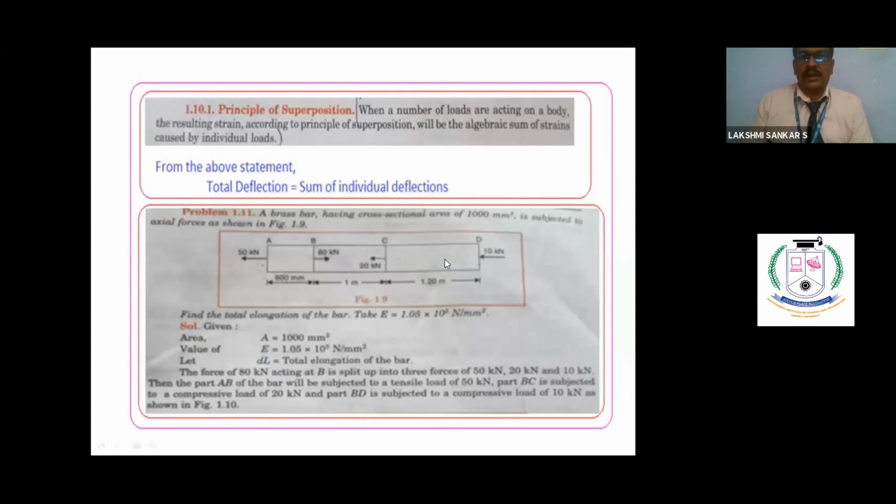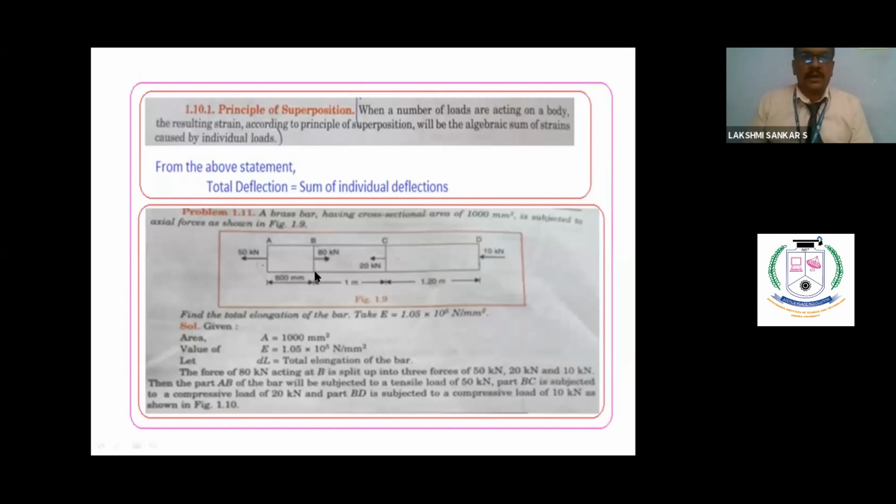I am taking the next screen here. You see here 50 kilonewton. I am just drawing one line left to one line right, and then I am putting it in brackets. At this point, whatever left load is acting, left means minus, right means plus. Up to this, only 50 is acting left, so I am putting the left side here. On the right side, 80 is acting, and 20 and 10 are acting left. So 80 is plus, 20 and 10 are minus. Correct or not? So what is the net? Net is plus 50. Therefore, the load is acting 50 on the right hand side.